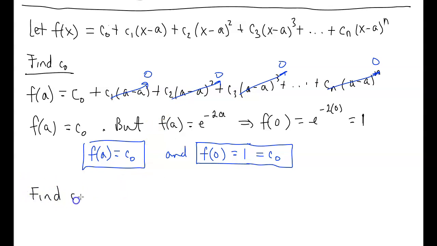so find c sub 1. Now, in order to do this, notice that to find c sub 0, it was very easy to do because it was this first term here. And notice how all these other terms had an (x minus a) in it. And if I could plug in x to be a, it would basically cancel all those terms out. Well, to get this c sub 1 by itself here, what I'm going to have to do is take the derivative of f of x so that I can have c sub 1 here by itself. Okay, so that's going to be the strategy here. So we're going to find f prime of x to get c sub 1. Okay,